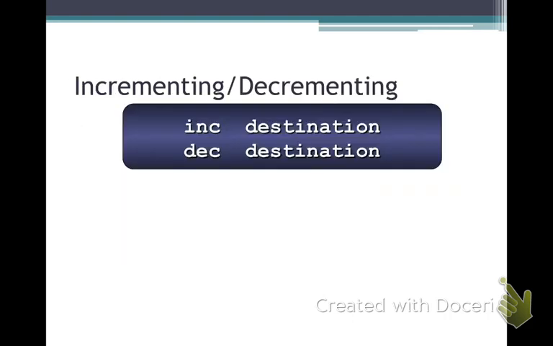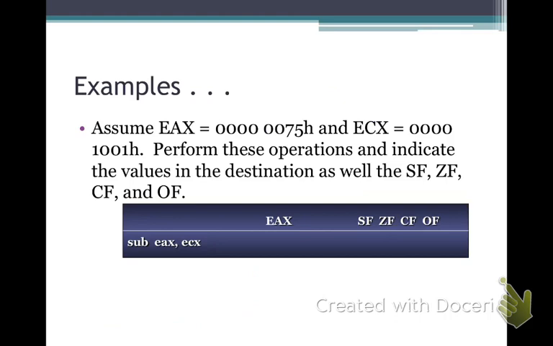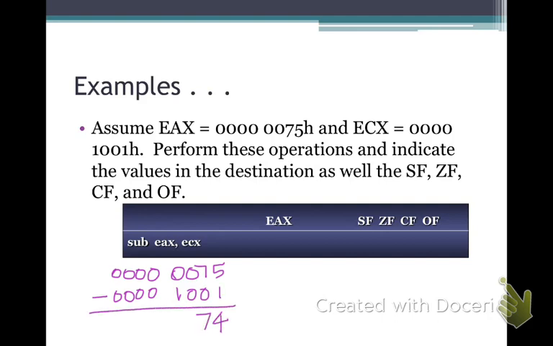Okay. So let's do, wait, I think I skipped one. Yeah, let's do the same thing with subtraction. This time it's a 32-bit, and it's going to be EAX minus ECX. So in this case, I'm going to take EAX, 00000075, minus the value of ECX, which is 00001001. 5 minus 1 is 4, 7 minus 0 is 7, 0, 0 minus 1 I can't do,